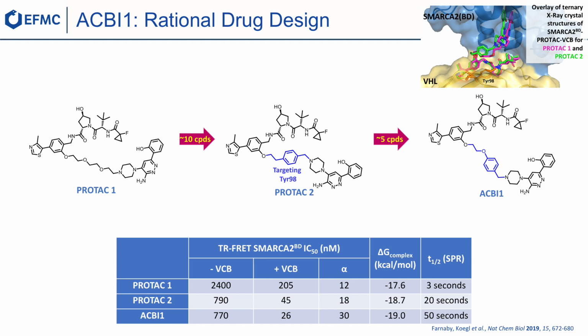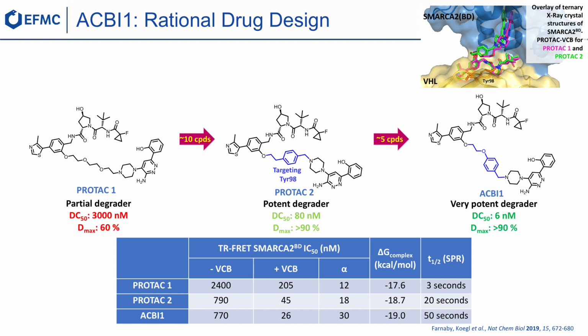This all contributes to cellular degradation data of over 90% degradation with a DC50 of 80 nanomolar. Finally, moving to ACBI1, we barely change the affinity towards the protein of interest, but an excellent cooperativity value gives rise to a low double-digit nanomolar ternary IC50, as well as a super-stable ternary complex. As you see with the cellular data of ACBI1, this becomes an incredibly potent degrader with single-digit DC50 and over